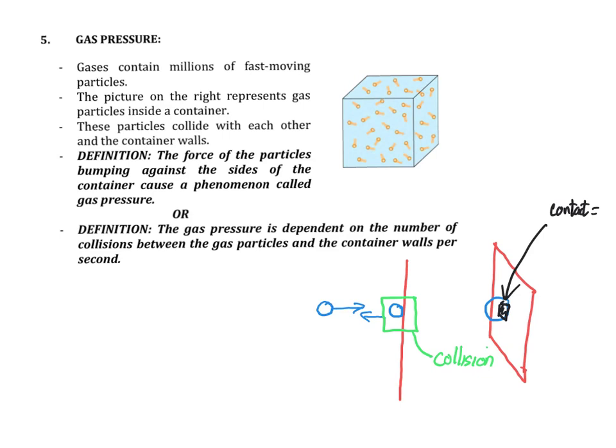And we're going to call that contact area A. Now, the force of the impact we are going to denote with the symbol F. So F is for force, and A is the area